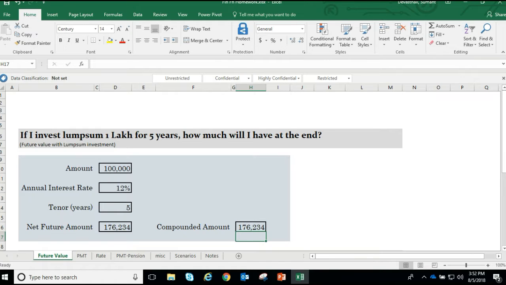Yep, validated. So that's what it is. Now let's look at an example of how to use future value for recurring investment. Let me share an interesting example with you. This is a story of my friend who had a